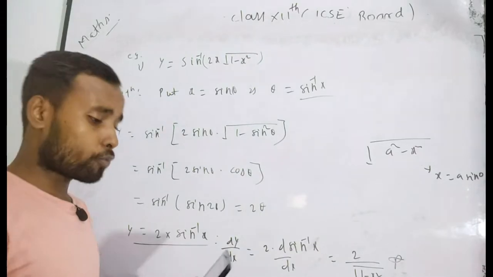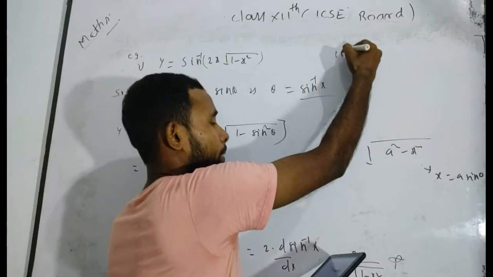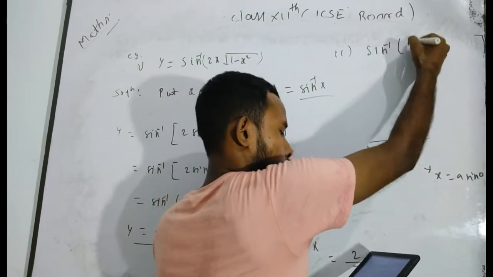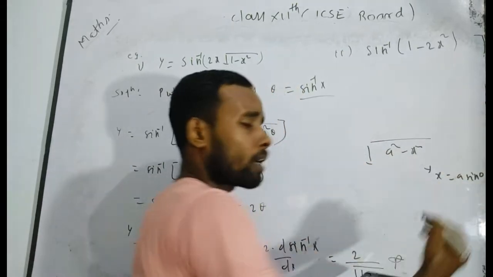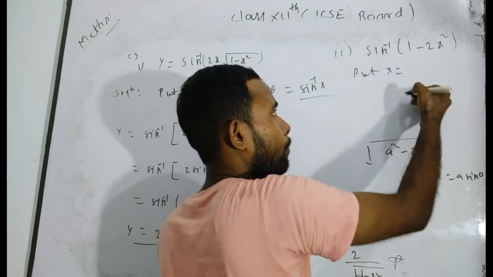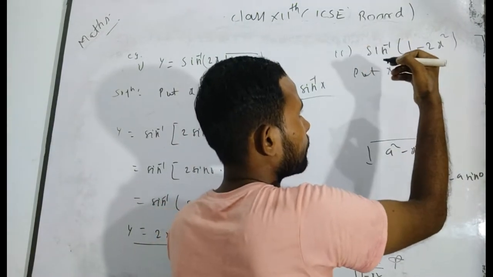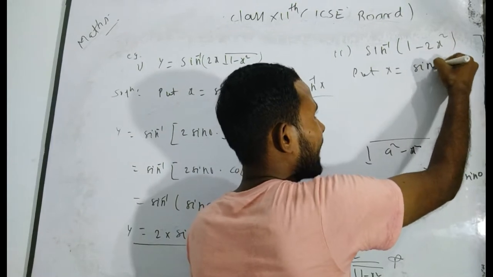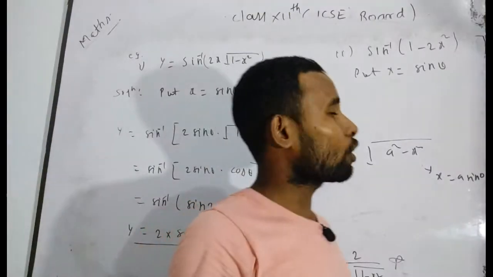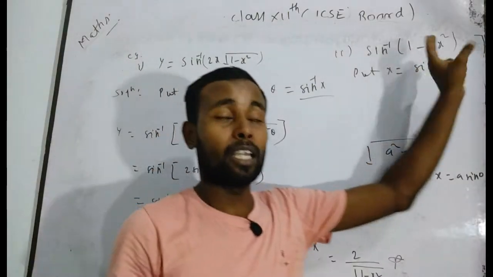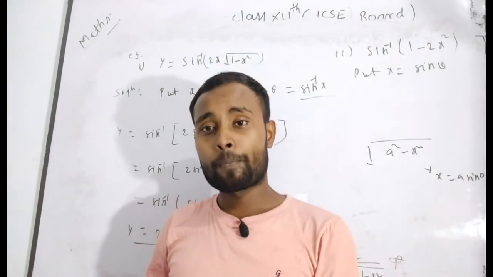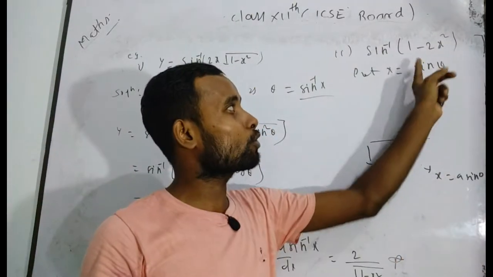Again, take the next question for you. See here, the second will be sin inverse of 1 minus 2x square. Similarly, put again here x is equal to sin theta. If you put again x is equal to sin theta, now you will tell me, sir, how do you recognize you have to put that, because it is not in the form of 1 minus x square, either x square minus 1 or 1 plus x divided by 1 minus x. Still, why do you use sin theta?